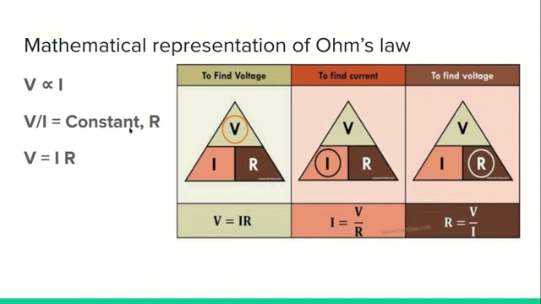Using this, you need to do a lot of problems for your exam. So a simple method to learn this formula as well as its rearrangements, you can put it in the form of a triangle, where if you want to find the voltage, it will be equal to I into R. If you want to find the current, it is V by R, and to calculate the resistance, it is again V by I.